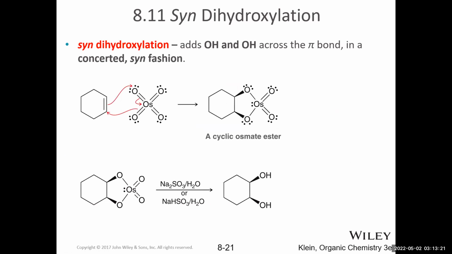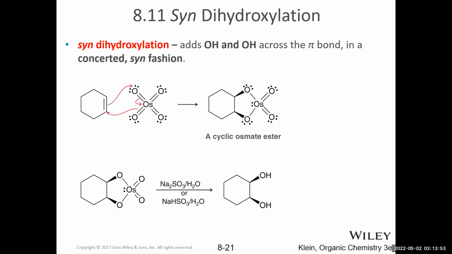So if you remember the mechanisms, especially the key intermediates, like we just talked about the bromonium ion, the mercurinium ion, and the protonated epoxide, if you remember the mechanisms, it will help you remember the stereoselectivity. Right? You're like, oh, bromonium ion, anti, right? So the more mechanistic knowledge you have, the easier it will be to remember the specifics of each reaction.